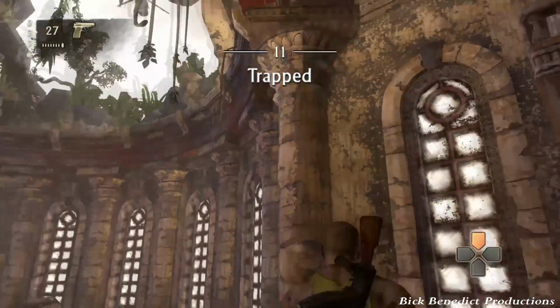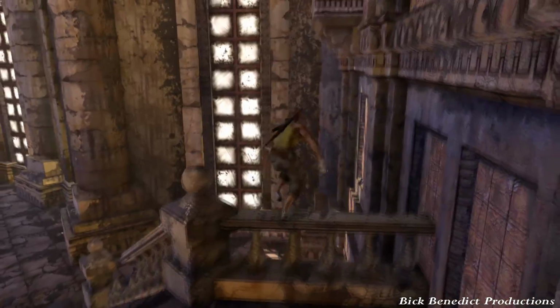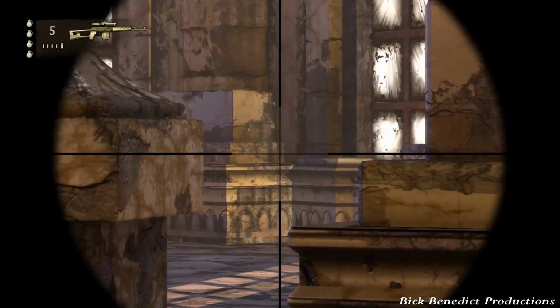We're playing Uncharted 1 on brutal difficulty. This is my guide. We're currently on chapter 11 of 22. It is entitled Trapped. So the first thing you want to do is to jump over the railing and grab